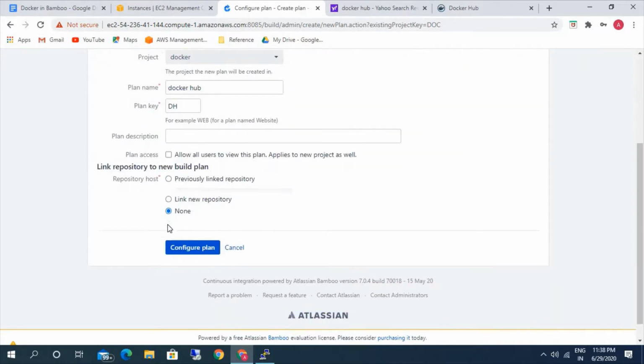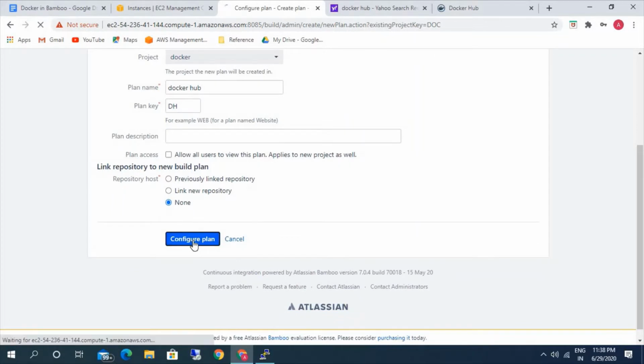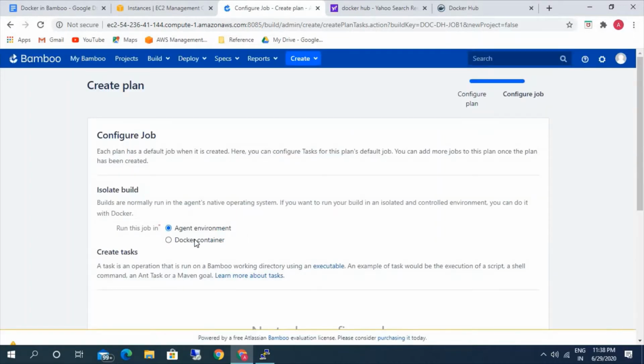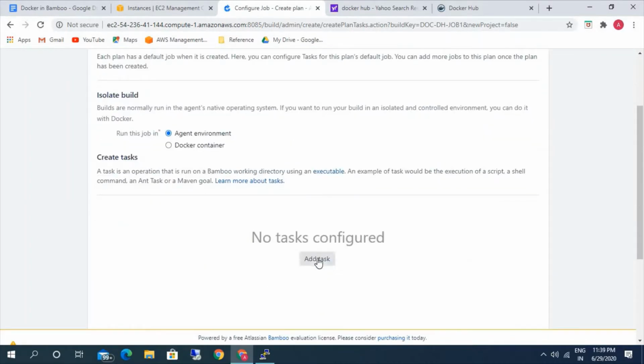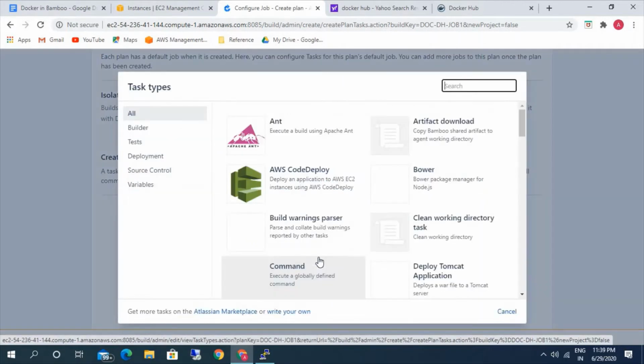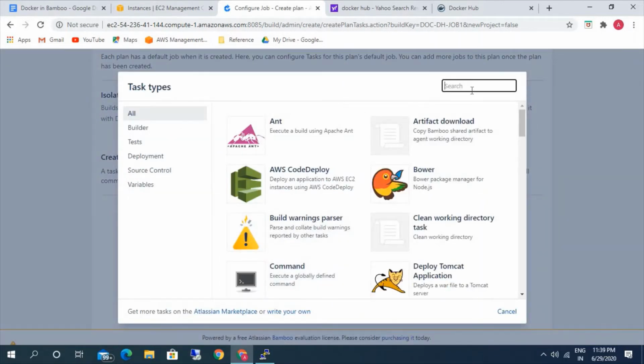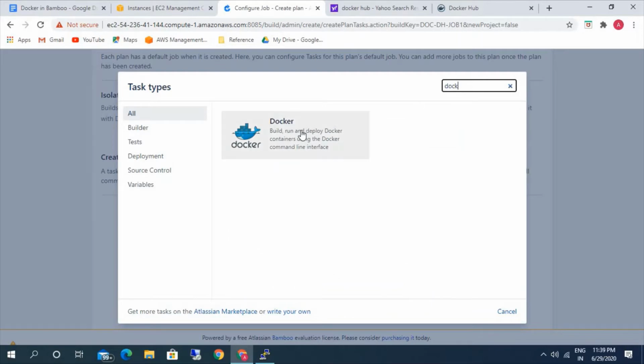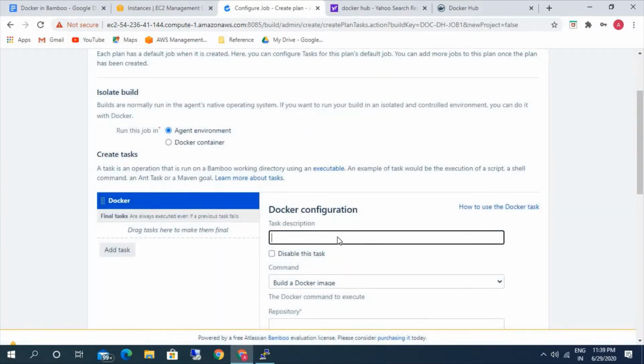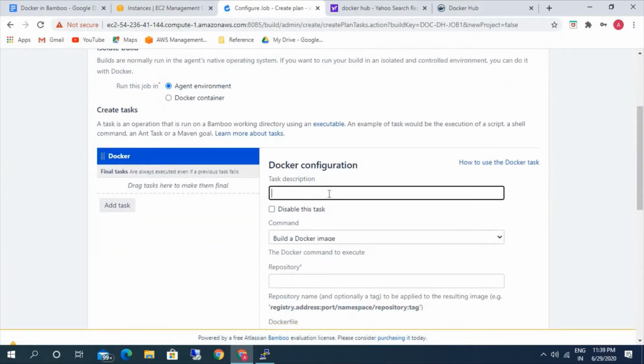Okay, I'm not going to use any repositories here since we'll be just creating the Docker image. Okay, so I'm clicking on add task. Here you have multiple options to create an image. You can also use a script task, or you have a dedicated Docker task type. Using this also you can create the task.